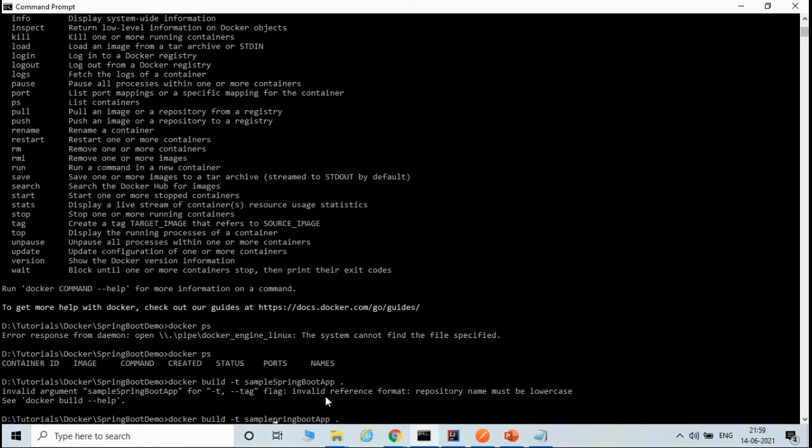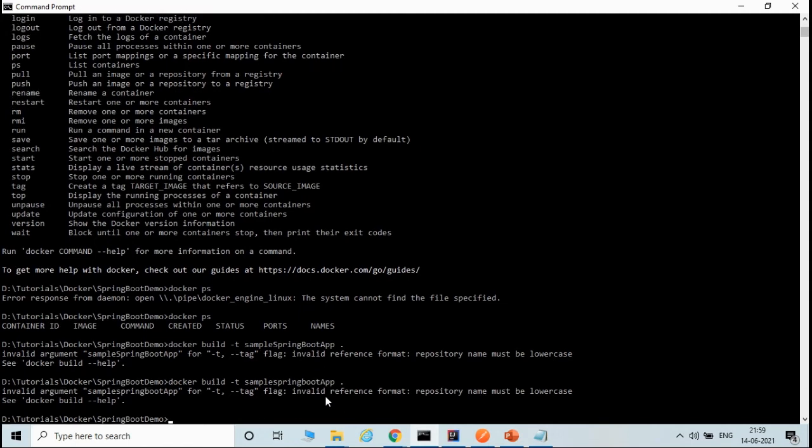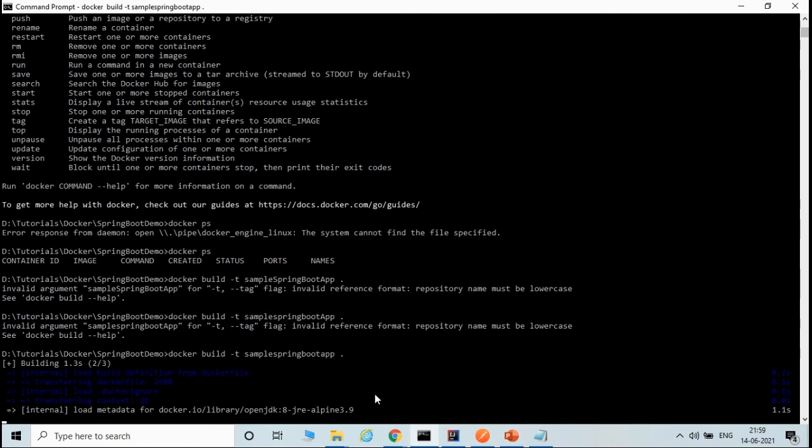Java developers have a habit of typing everything in camel case. Docker build hyphen t, repository name must be lowercase. Simple. Okay, now it should build.